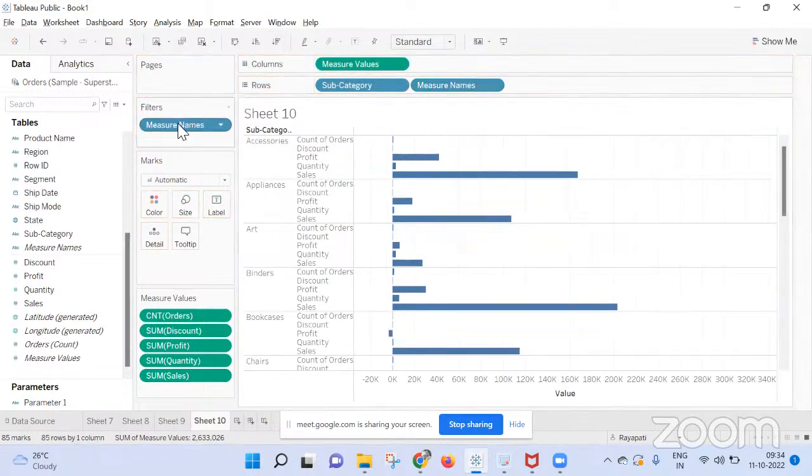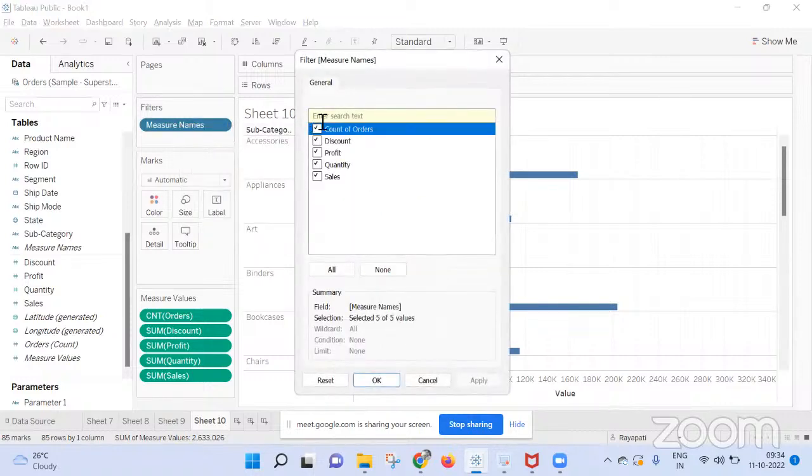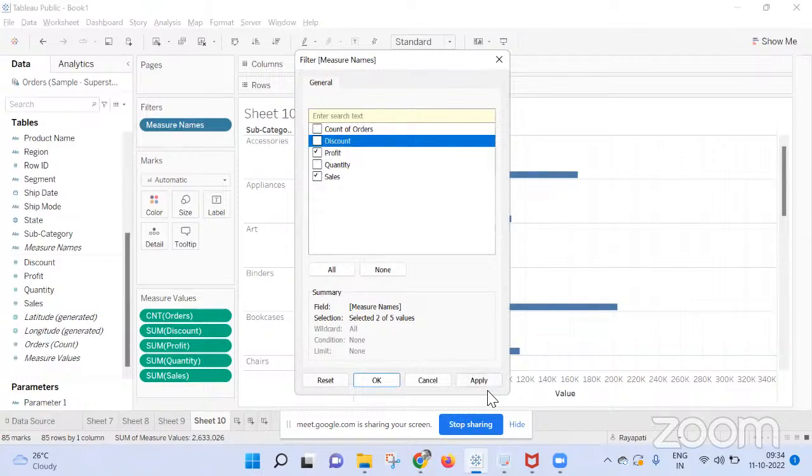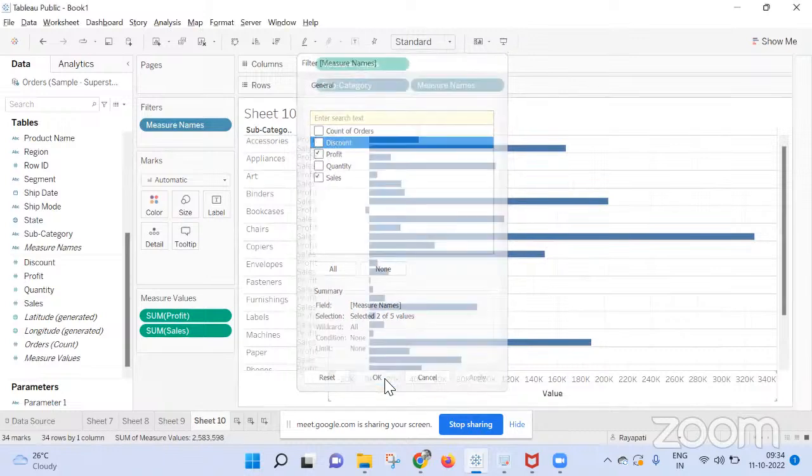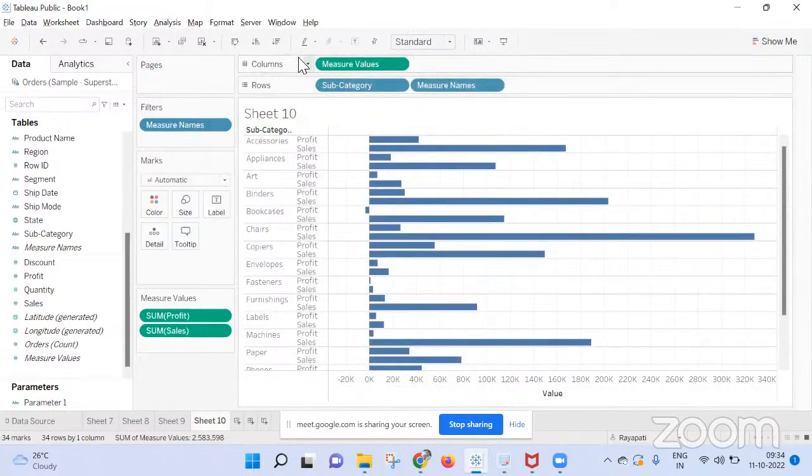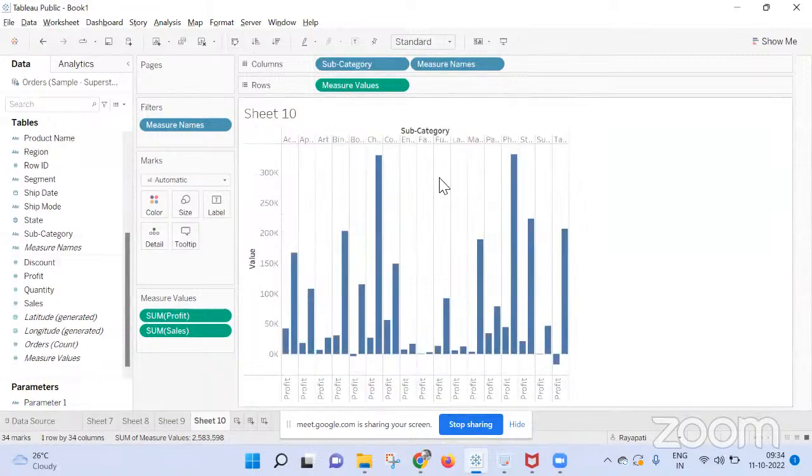If you filter this, I take only profit and sales. Now over this, if you want to get a line chart,